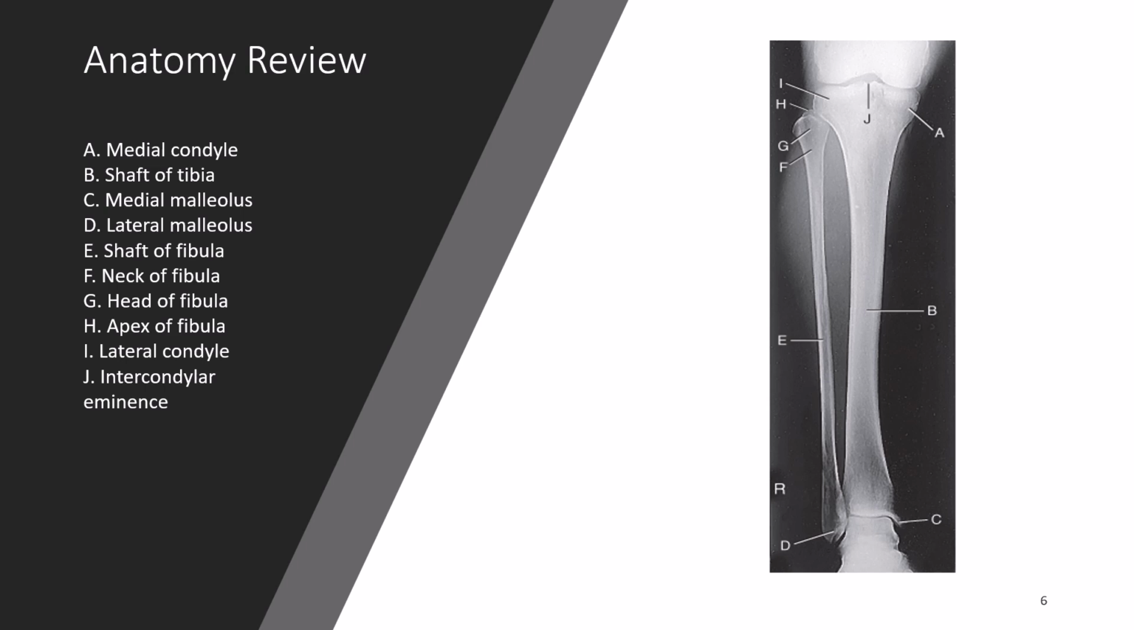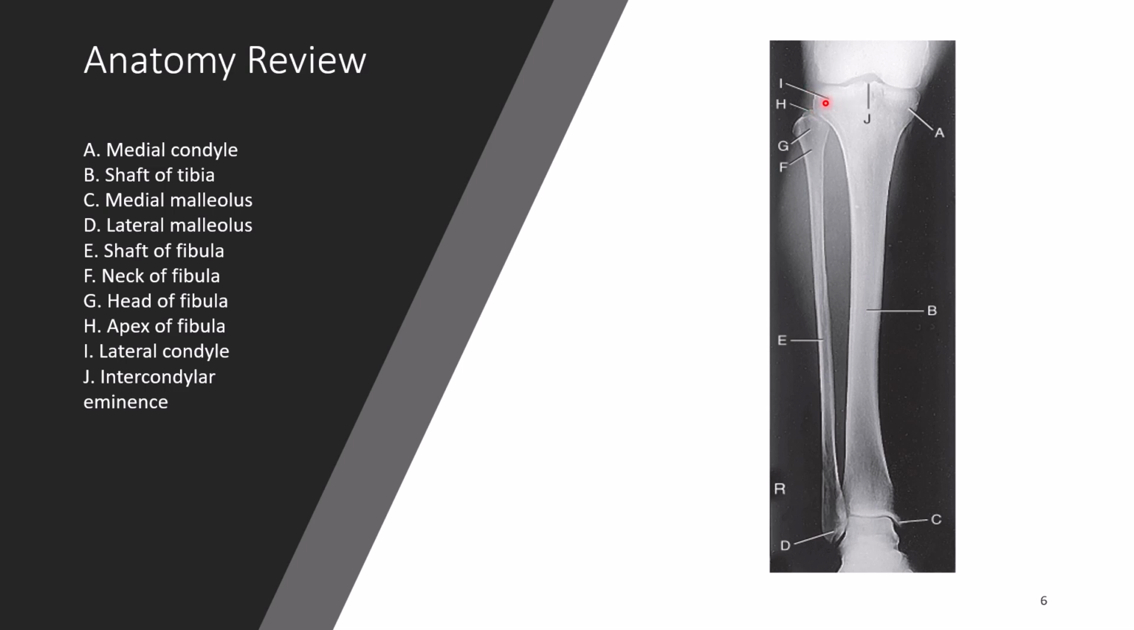When we look at the anatomy radiographically, we can find this on page 222. I've gone ahead and filled in the letters for you. So A is referencing the medial condyle, B is the shaft or the body of the tibia, C is the medial malleolus, D is the lateral malleolus, E is the body or shaft of the fibula, F is the fibular neck, G is the fibular head, H is the apex of the fibula,